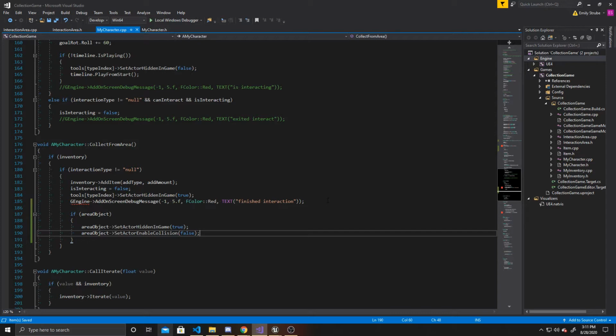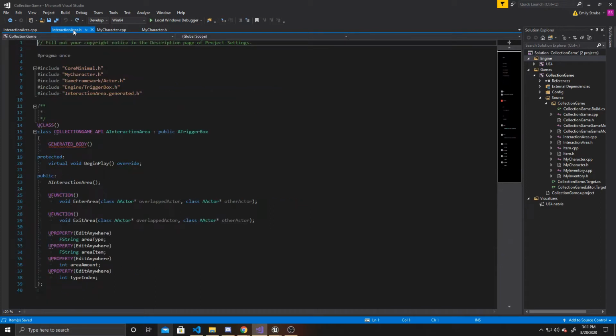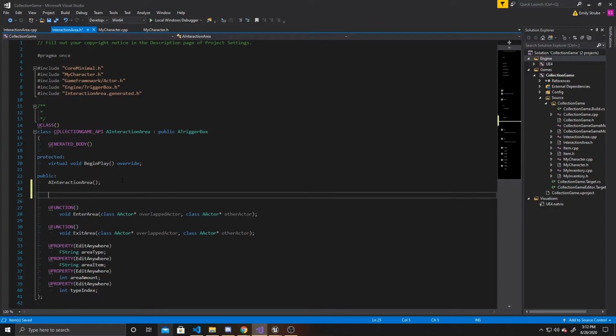So now we can go ahead and go over to the header of our interaction area. And the first thing we want to do inside this is add a tick function. The reason we're adding tick is because we want to create a delay to be used so that way we can make our object visible in the scene again after a specified amount of time. So to add the tick function, you're going to do virtual void Tick float DeltaTime